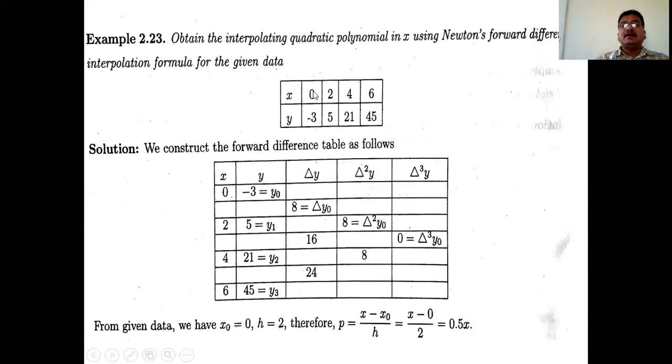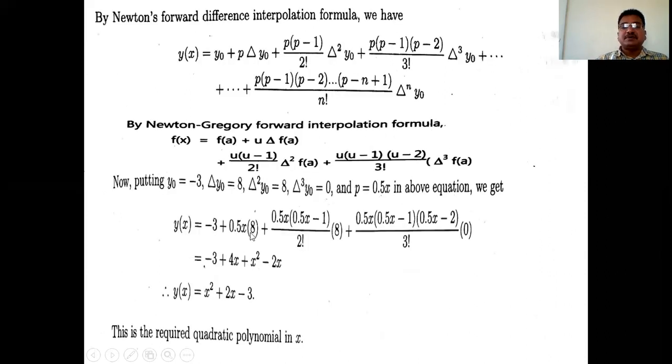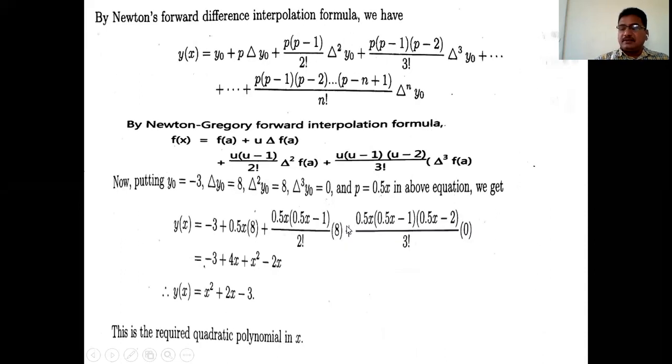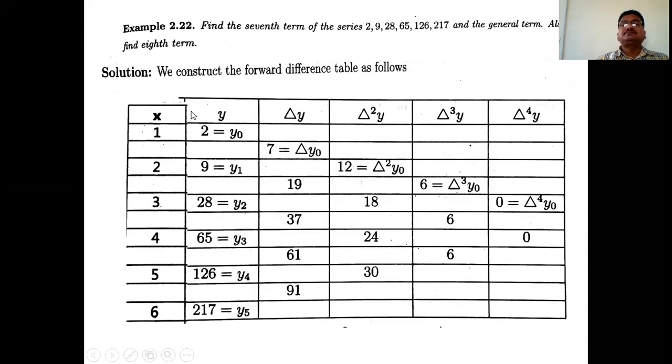Substitute x in that answer. We have the value of y or f(x) is minus 3. If we substitute x is equal to 2 in this polynomial, that final answer, then we have the answer of f(x) or y as 5. If we substitute 4, we have answer 21. And if we substitute 6 on the right side, then we have the answer 45. That is the corresponding value. Okay, so we can tally your answer.